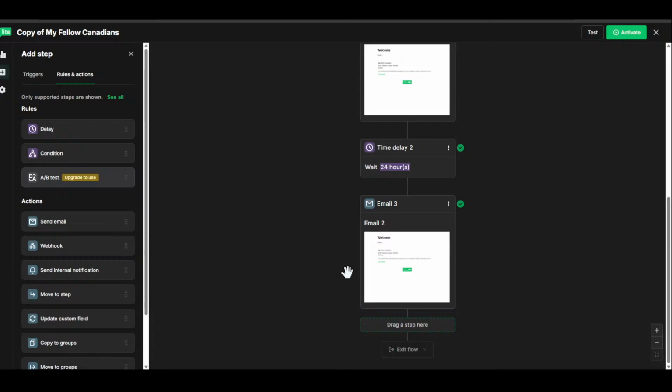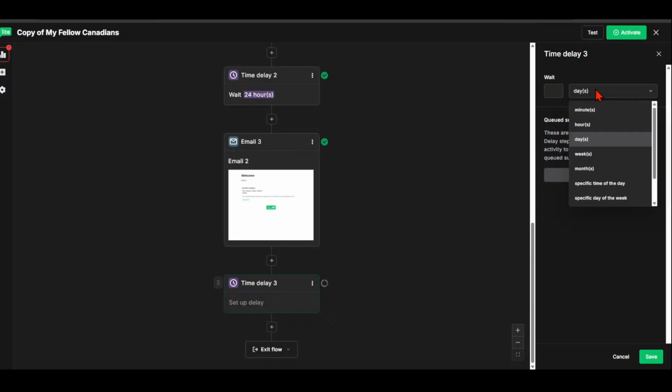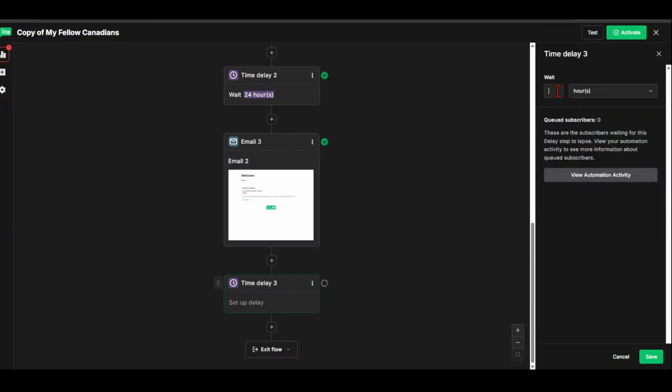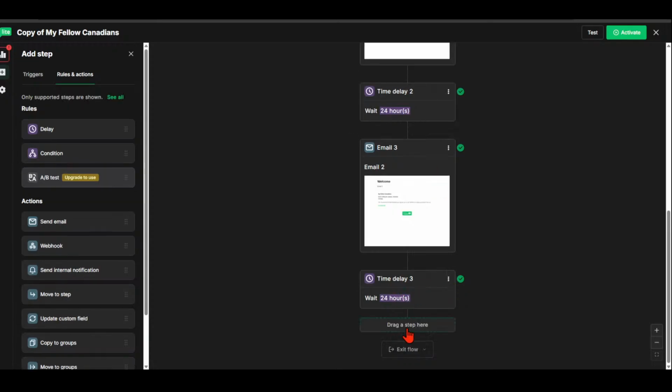In the same way, here I click on plus. There's a delay, and the delay is 24 hours. Sorry, guys, we're moving ahead. 24 hours, they get email number 4. But you know what? It's still customized because the chain of emails with an interval of 24 hours is going to be sent only on the day that you join. So if John joins on Monday and Susan joins on Wednesday, they both receive the same emails, but at their own pace. So after email number 3, we have 24 hours,